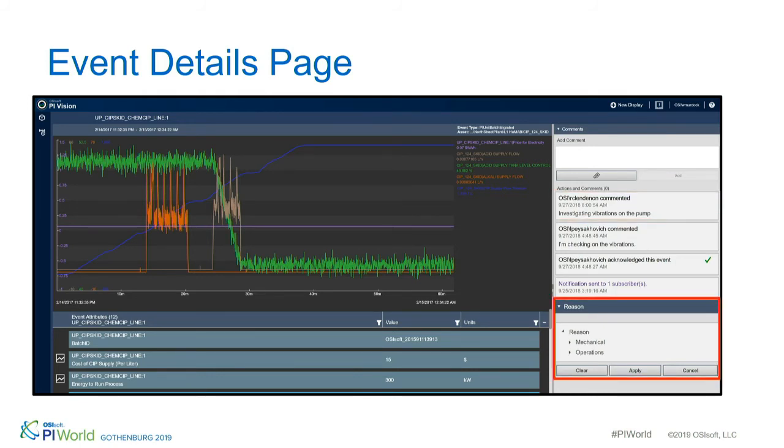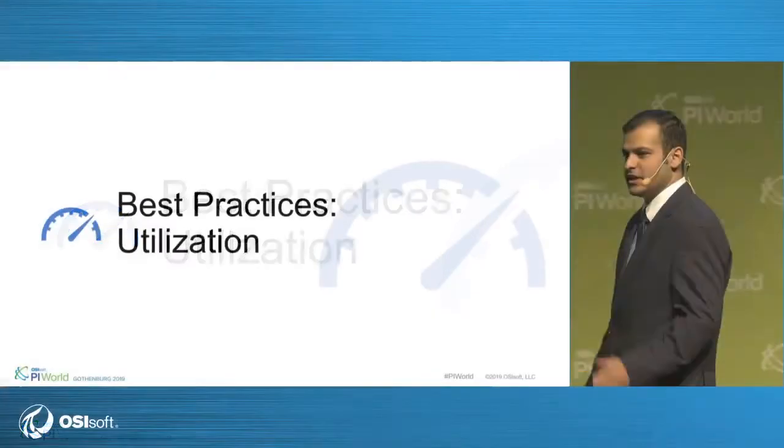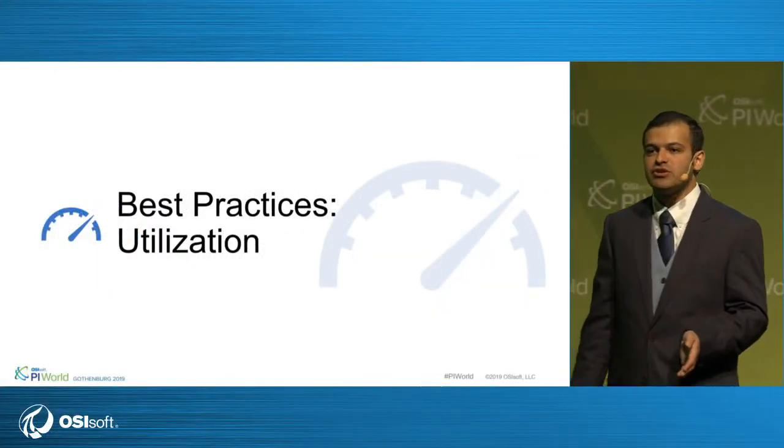Similarly, we were looking at our reason codes earlier. I could go and select one of the reason codes if I have observed it and I know exactly what is going on. That's pretty much visualization, and now we would talk about the last bit of this presentation, which is about utilization